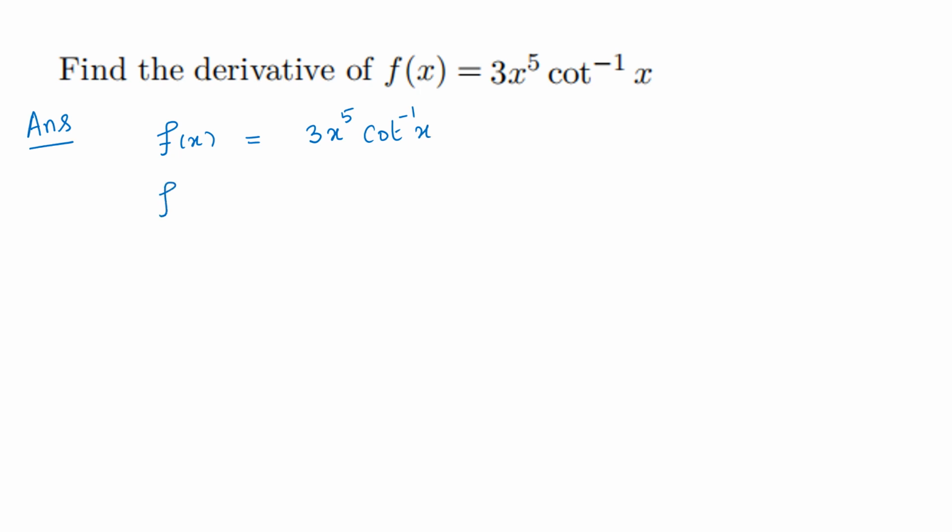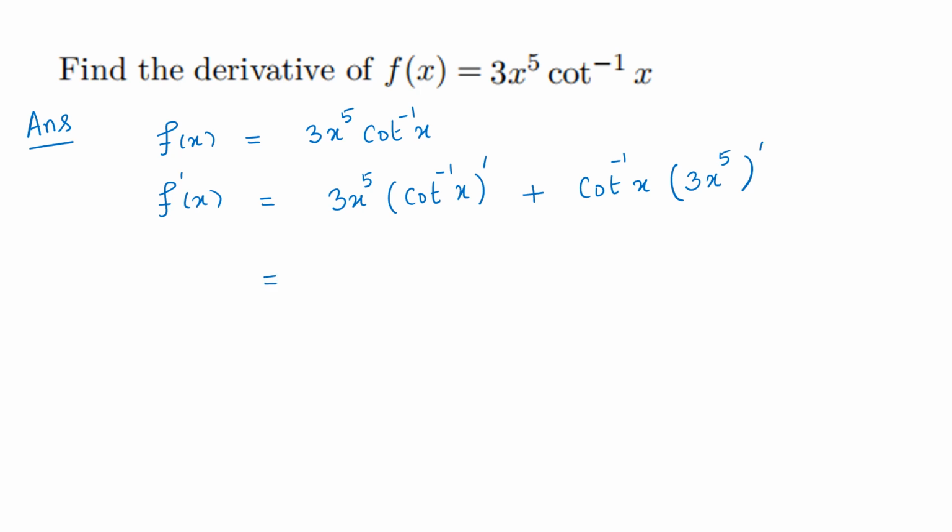We can find out f dash of x using product rule. Here 3x power 5 is our u, cot inverse x is our v. So first function I can keep it, second function we can find out the derivative, cot inverse x derivative. Then plus second function I can keep cot inverse x, then derivative of first function, 3x power 5 derivative